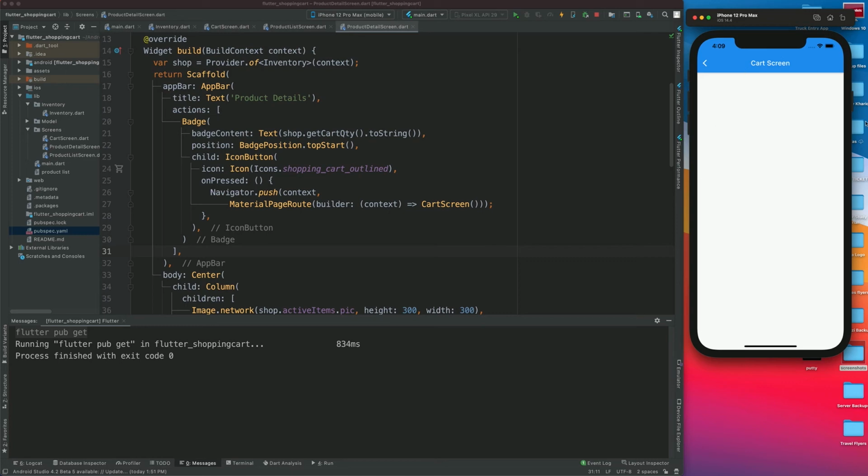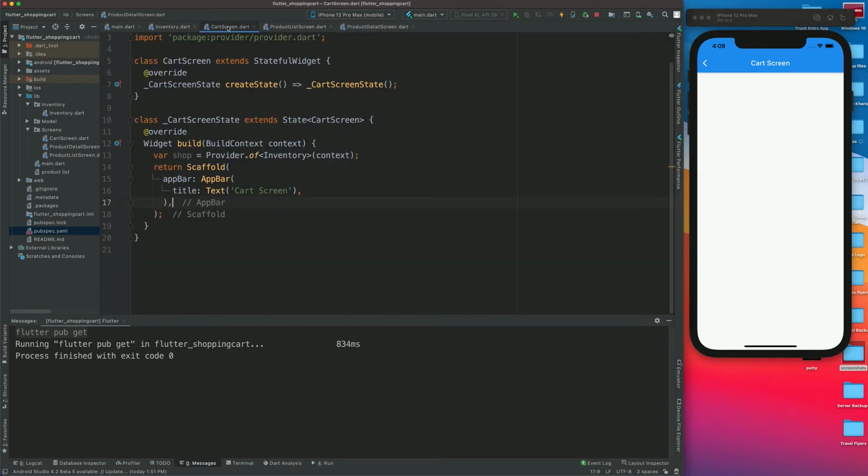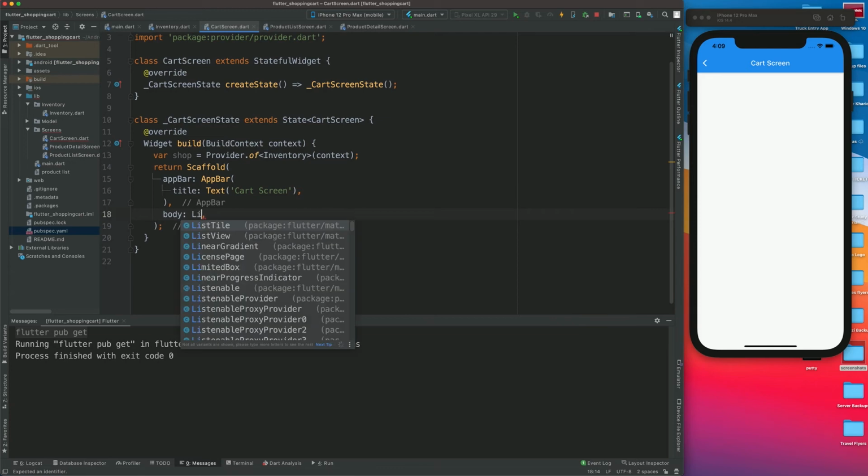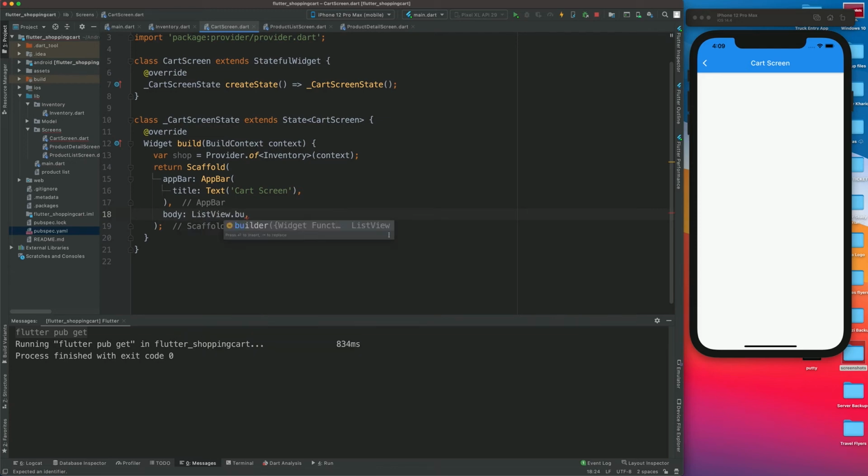So now, moving on to our cart screen, we haven't created our cart screen yet. So I'll just click here. Our cart screen is blank. So let's get here and create our cart screen. So we already have our app bar here. So I'll just create a body, and the body is going to be a list view dot builder,